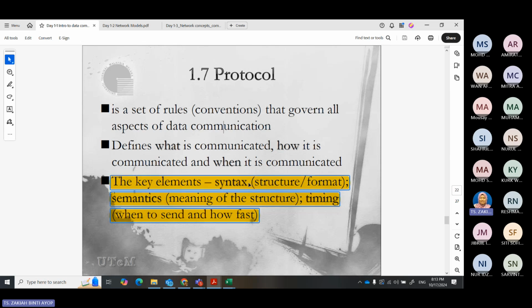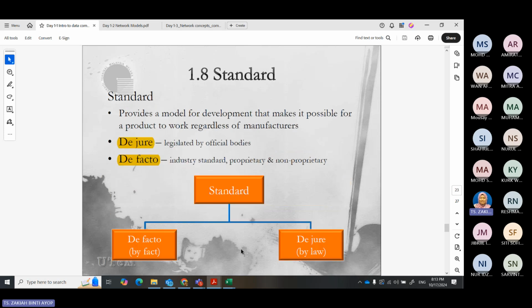So the key elements are the syntax, or the structure or format of the message that we need to send to the other end, and then the semantics, or the meaning of the structure, and then the timing, when to send and how fast you can send that message, right?